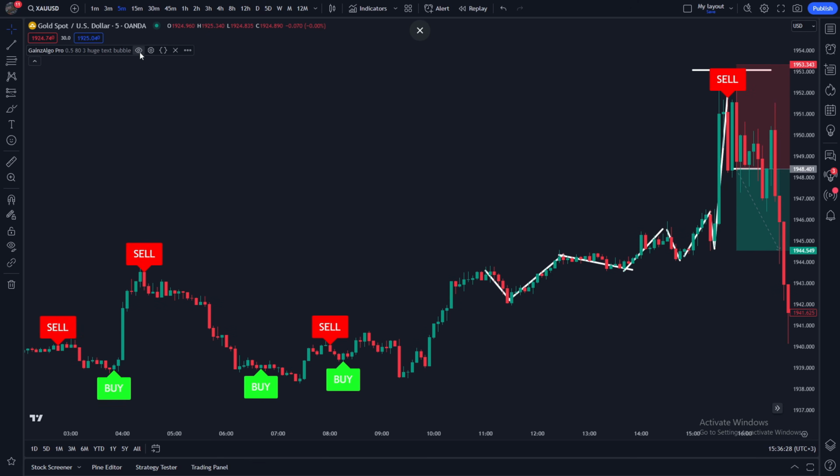did here. So now if I turn on the signals, as you can see, once again, just to recap, we would have gotten a sell signal on this candle, right? We waited for it to close. We enter right here where the little white line is. Then the market would have started going crazy, but our stop loss would have already been set here,